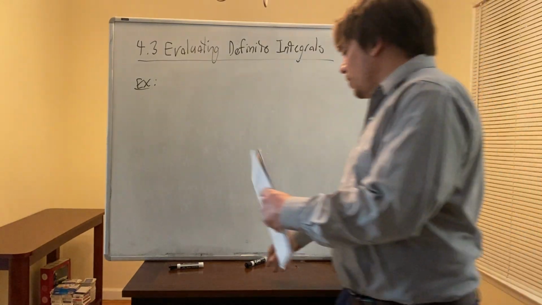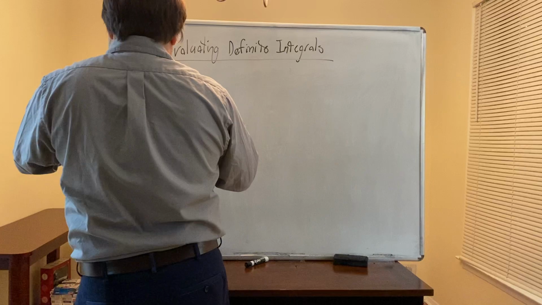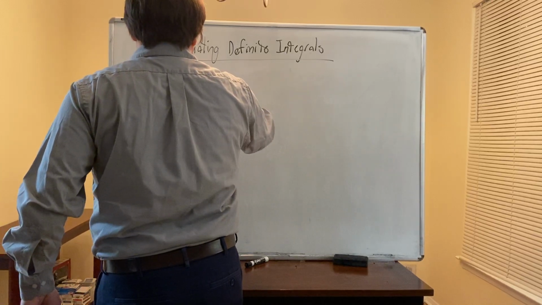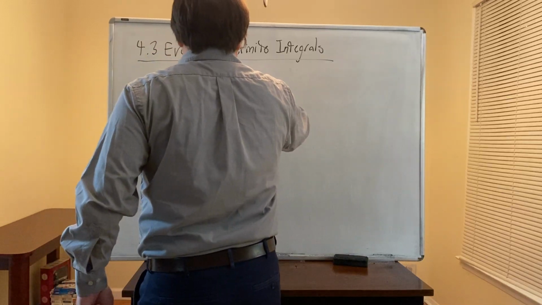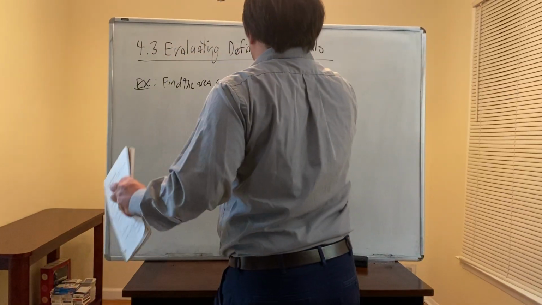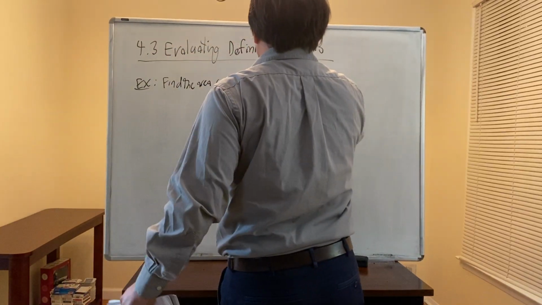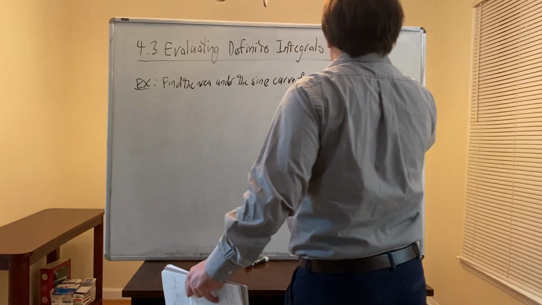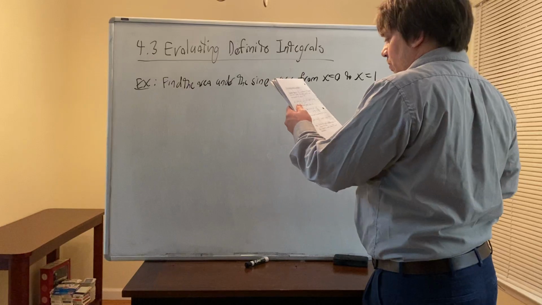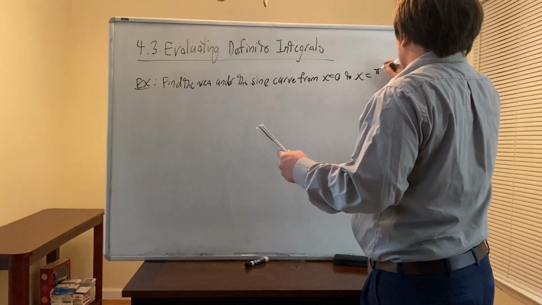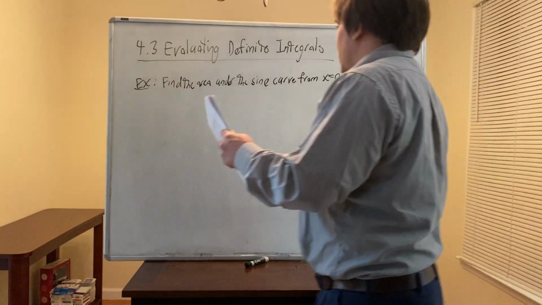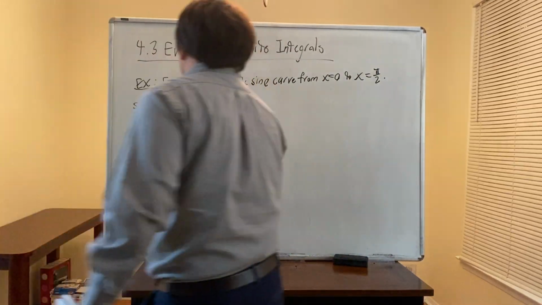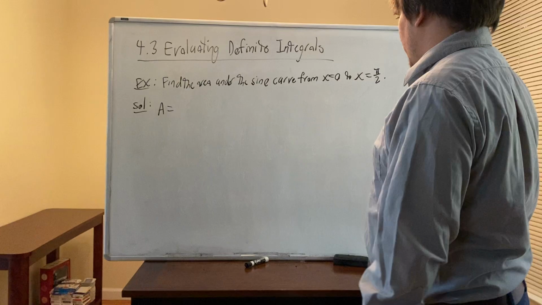So now we're going to do another example. This example is: find the area under the sine curve from x equals 0 to x equals pi over 2. Okay? And so, solution: we'll let capital A be that area under the sine curve from x equals 0 to